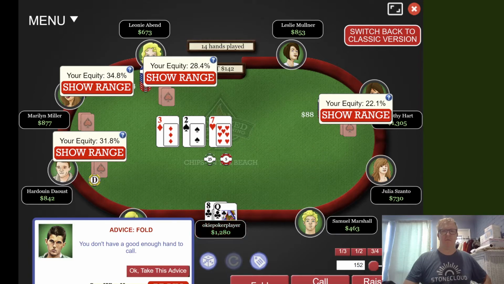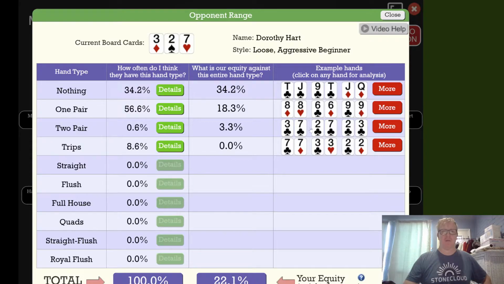And again, if you want to see what their range might be, you click on show range, and it's going to give an idea. They're probably going to have 1 pair most of the time. They're very rarely going to have 2 pair. Sometimes have trips or a set. On occasion, they'll just have overcards to the board. But for the most part, you're going to be up against either overcards or a pair. And quite honestly, Queen 8 doesn't play good on this board at all. Even if you hit your queen,